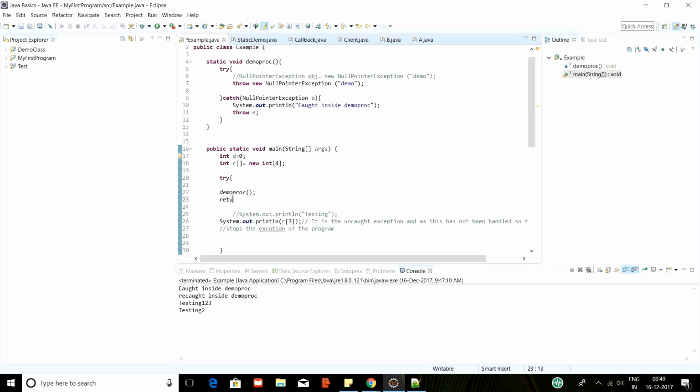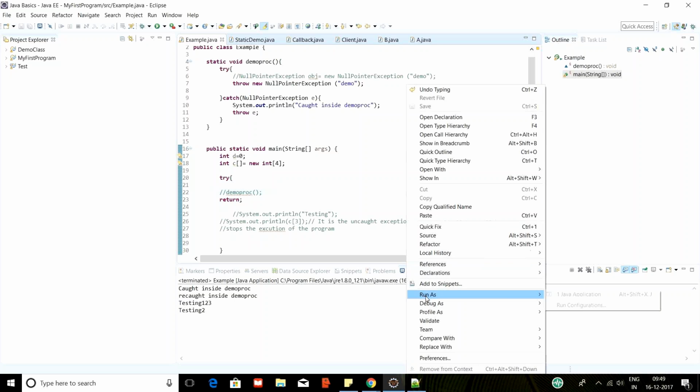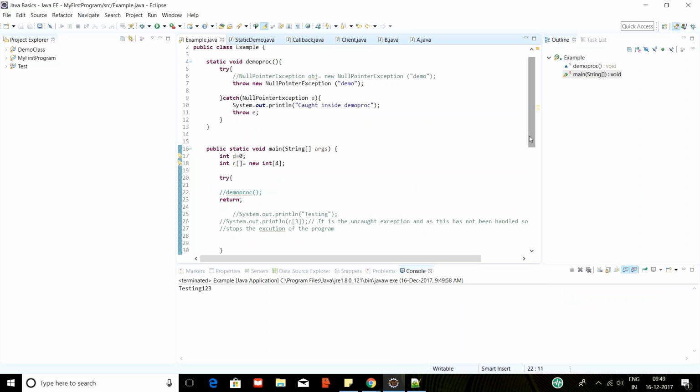Suppose I'm giving it a return, or return 0. Sorry. Suppose I'm giving a return here. So it is going to end this particular program. I'm not going to call this demo proc, I'm just returning it. So let's check. See, return means